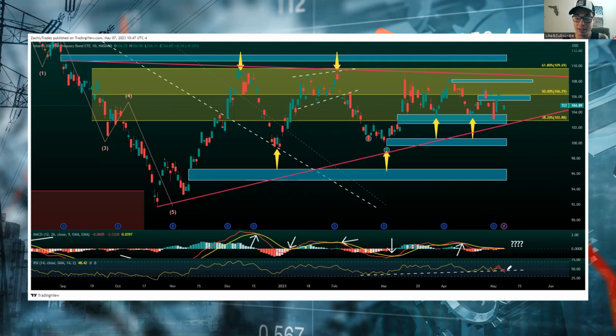We do know that we're testing this bullish divergence trend line. We could bounce off of this thing again, guys. It's been a really strong level, right? We've bounced off of it many times. After we got this bullish push, those same buyers that were buying off of the bullish divergence, they're coming in and stepping in and buying each time that we test the trend line here. So this thing may cross over to the upside, potentially give us another buy signal, and we may see a strong push up, or this thing could break, guys, and we could see the MACD curl down and give us an exit signal.